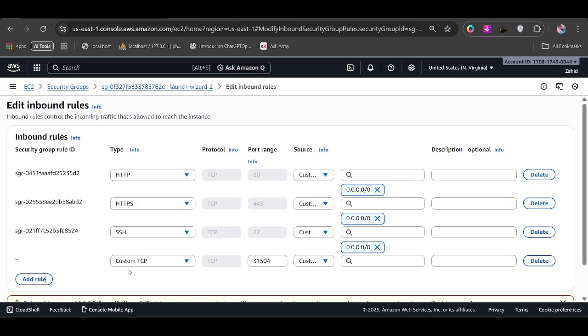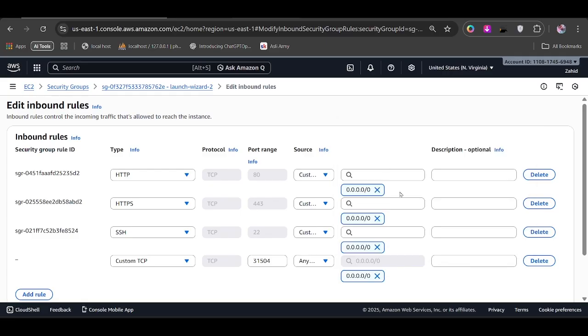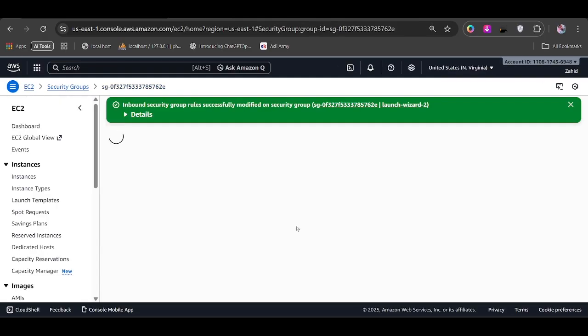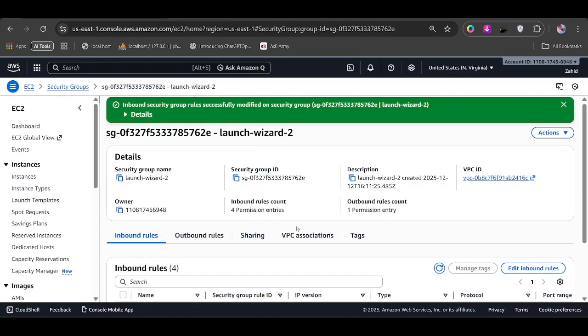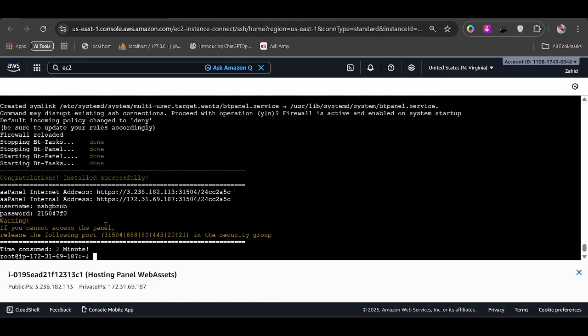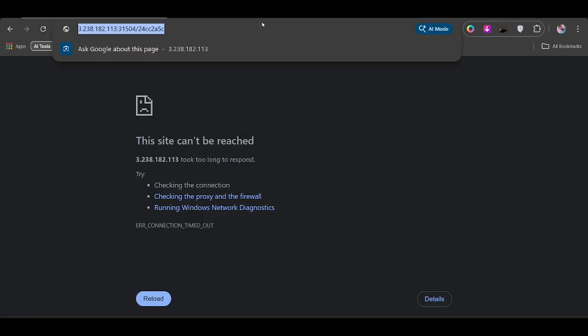And what I have to do here is select the custom TCP 31504, and in here we'll select 0.0.0.0, and we'll save the rules, and it's now saving the rules. Now we can access the URL. Now we'll go again to this page. We'll copy this URL, paste it in the next tab,